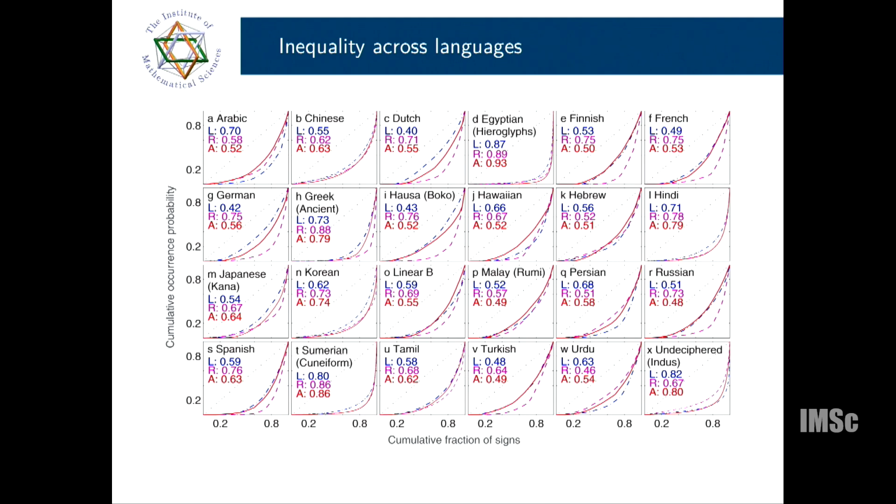Irrespective of the writing system you are talking about, or irrespective of time, even old ones, say Sumerian, whether it's an ancient writing system or a modern system, whatever the language you talk about, this is the universal pattern we found.